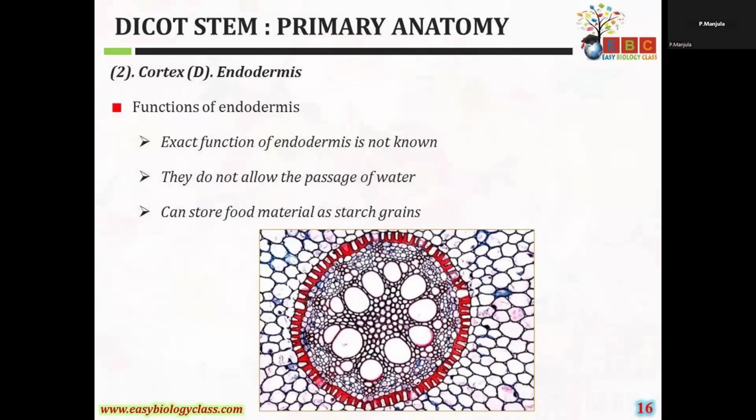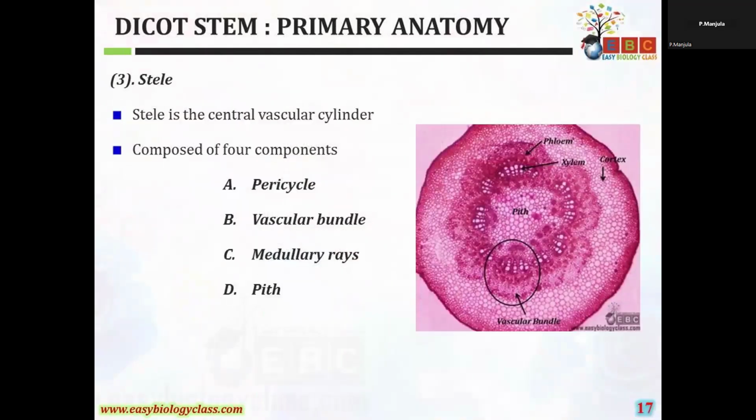So the exact function of the endodermis is not known, but it does not allow the passage of water and can store food materials, that is, as starch grains. The next one is the stele, that is the vascular bundles region. The stele is the central vascular cylinder and is mainly composed of 4 components, that is the pericycle, vascular bundles,